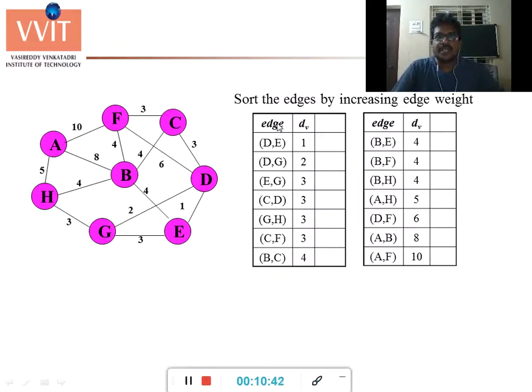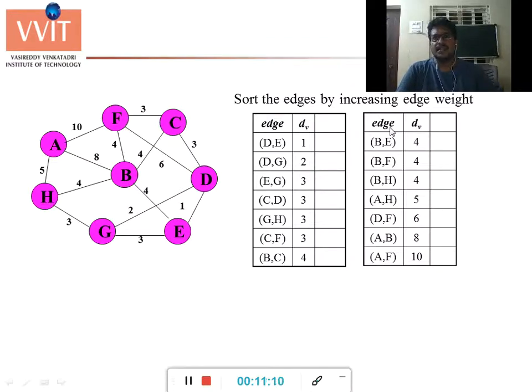Here we have to take the edges. So in total how many edges are there? From D to E there is an edge, from D to G there is an edge, from E to G there is an edge, and from C to D there is an edge, from G to H there is an edge, from C to F there is an edge, from B to C there is an edge, from B to E there is an edge.